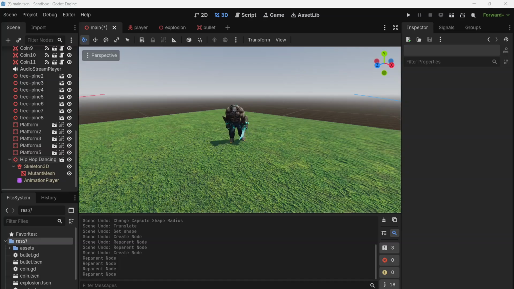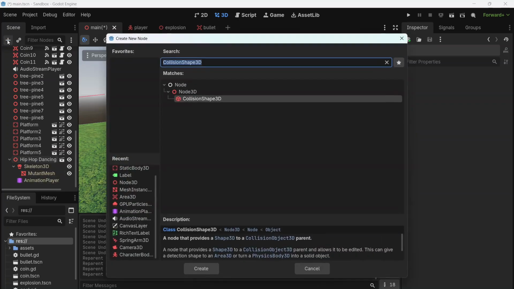My mutant's been having way too much fun over here in his little corner, so we're about to ruin his day. Right now he's basically invincible because he's just a mesh, he's just decorative. So we're going to stick him inside a static body. I'm going to add a static body